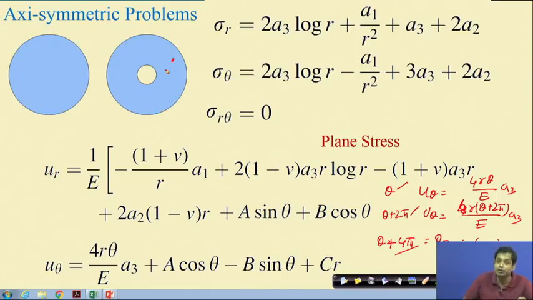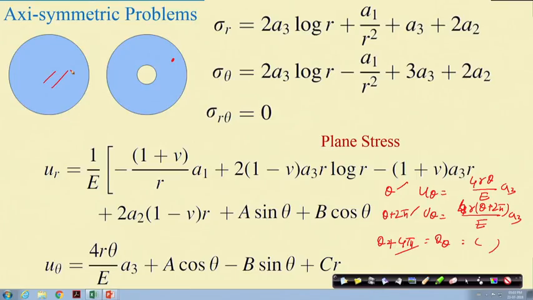But we did not have that problem in the first domain, because the domain was such that we could straight away make A1 and A3 0. For the second problem, we cannot make A1 and A3 0, and the term associated with A3 in the u theta term will create a problem. It imposes non-uniqueness in the displacement field.